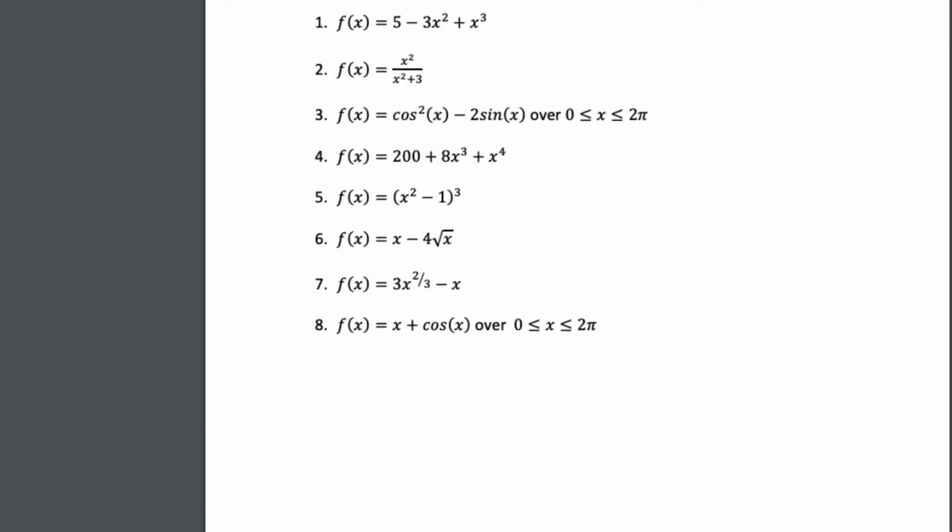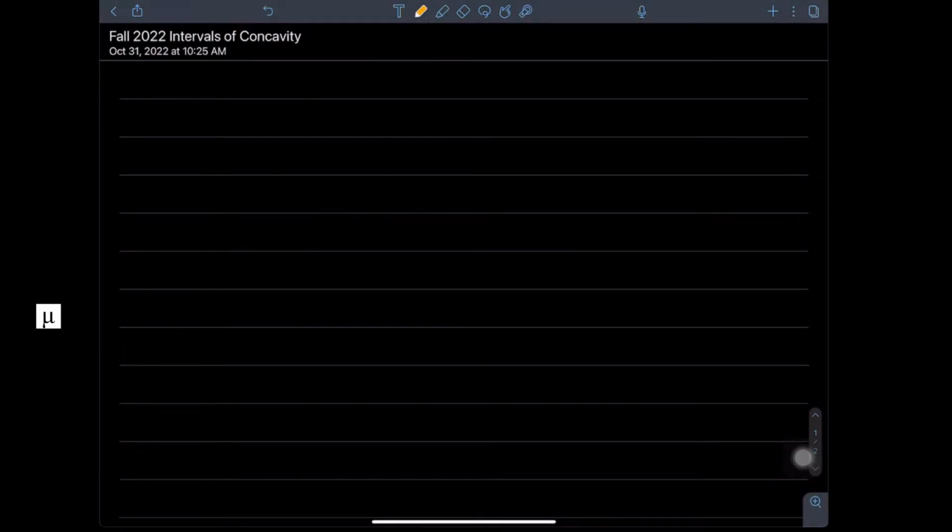Okay, so take a look at what you guys see there. We're going to talk about this idea about concavity, okay? And I'm going to lecture today